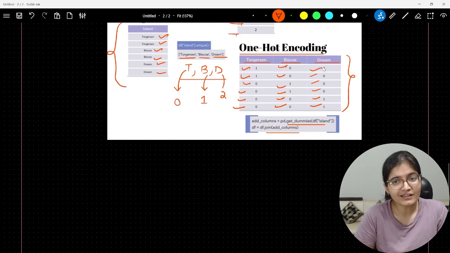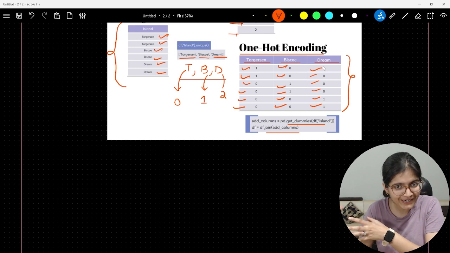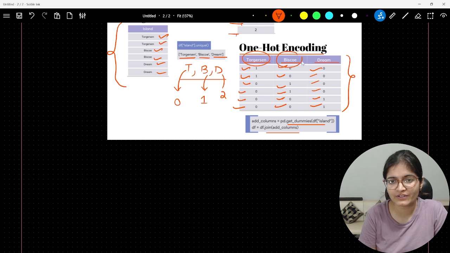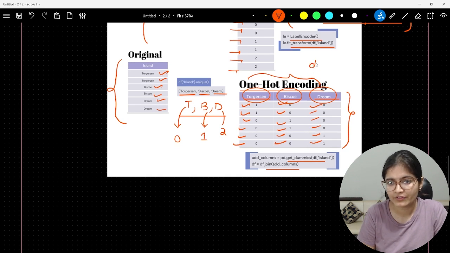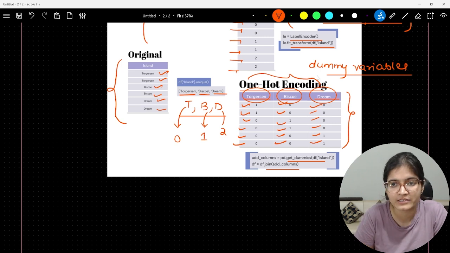But when I'm talking about one-hot encoding, and it is generating a separate column for each and every unique category that we have, these variables, with respect to the island names, are called dummy variables. All these variables are called dummy variables.